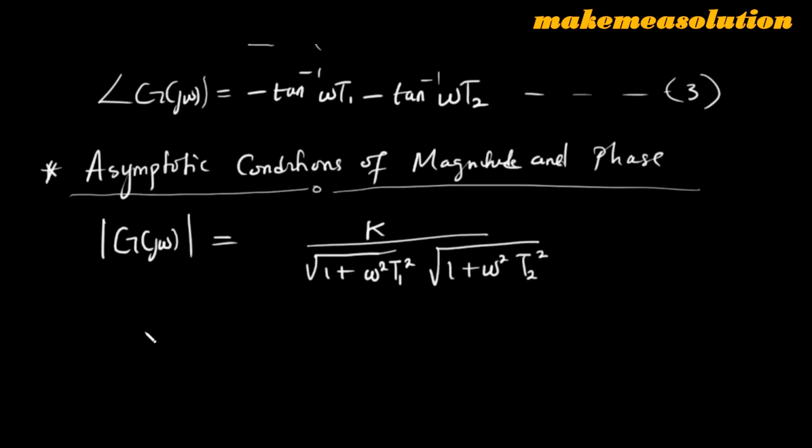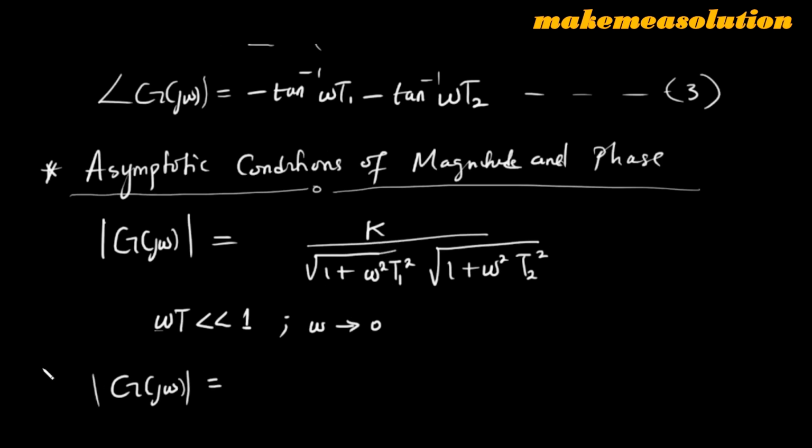If you apply asymptotic conditions to this particular formula, the first case is when the product of the frequency and the time constant, omega t, is far less than 1. That is another way of saying when omega approaches 0. So when omega approaches 0, how will the magnitude be? We'll see that the magnitude of G of j omega is going to be